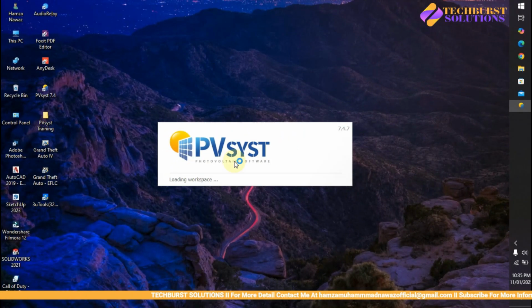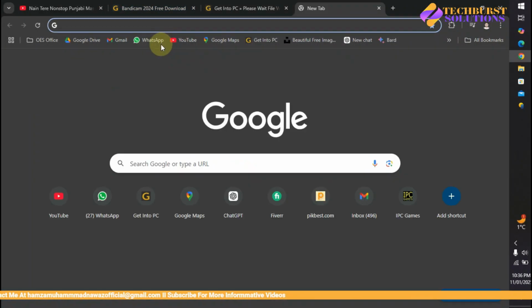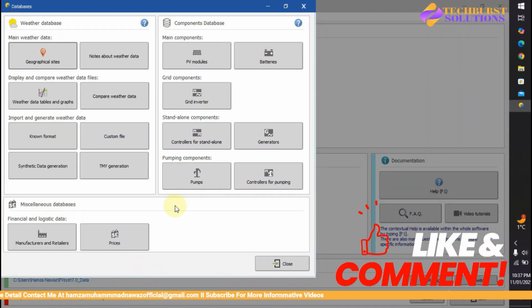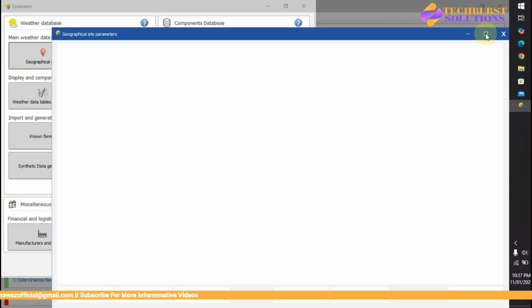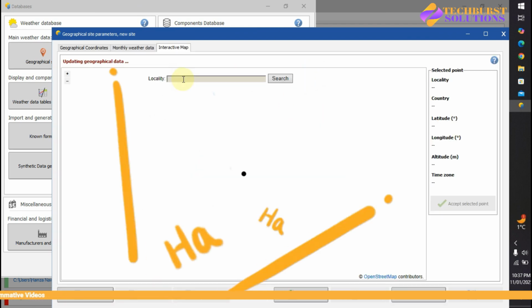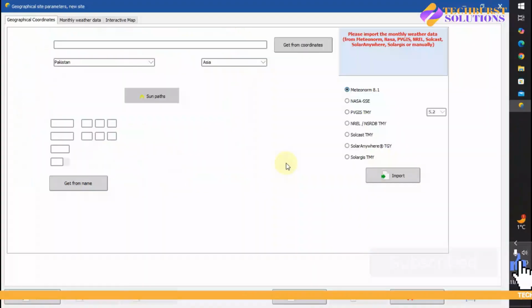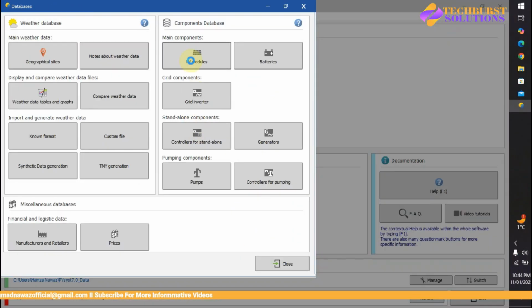Ignore it. So we are going to open a database. Here you can see open Green Apple, which is located in Sundar. Make new site. Okay, here we go. So actually my PC is slow, so it is taking a lot, not slow like me. Okay, just look at from here, skip this, and so we have the PV modules and